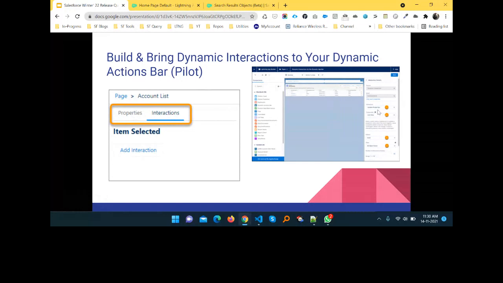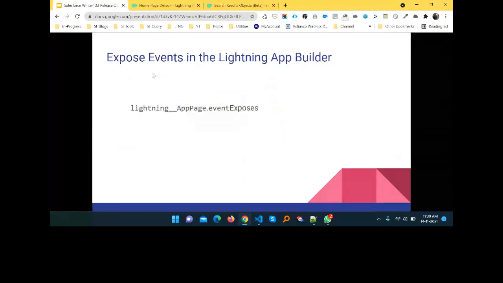Instructions means you can change your form or selection to look like a dynamic form in Lightning App Builder. So based on your dynamic selection, you can change your instructions in the dynamic action bar. So this is another feature.